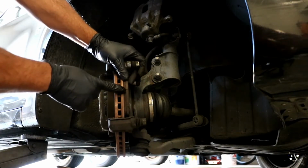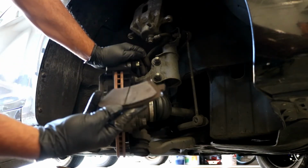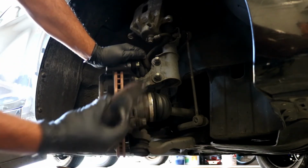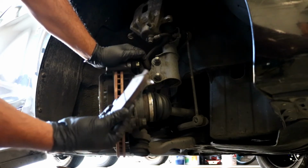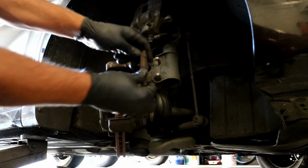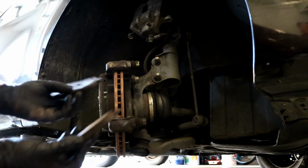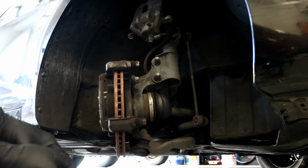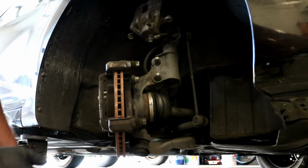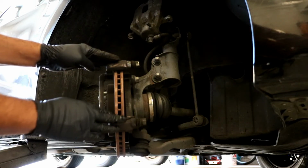So go on ahead and pull off the other pad. If you didn't pull off the other pad, do make note, sometimes pads are side specific. As you see, this one, when I pulled it out, had the wear indicator on the top in the inside, whereas the pad on the outside had nothing on it at all. So do take note of that when you do go to put the new pads in. So now that the pads are out, you can go on ahead and